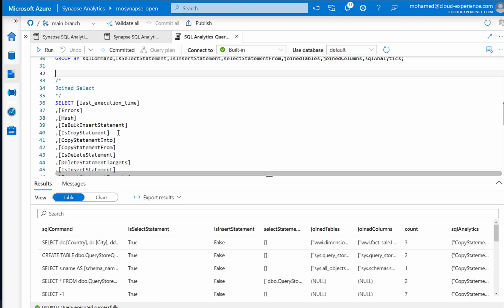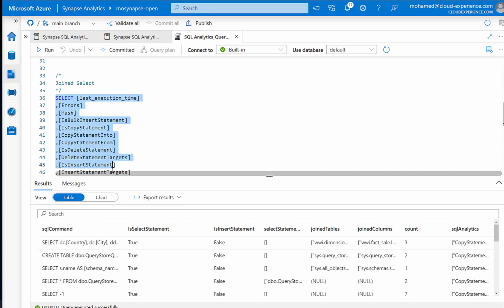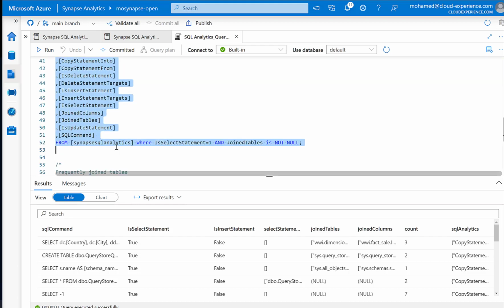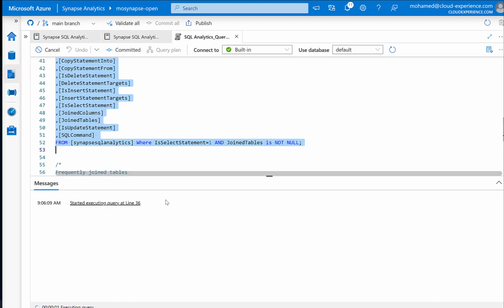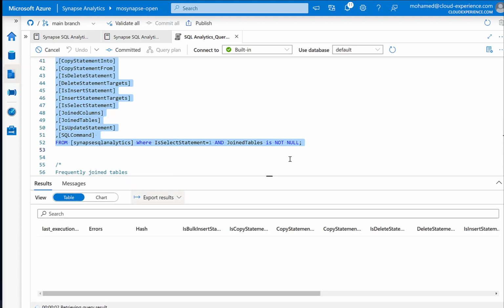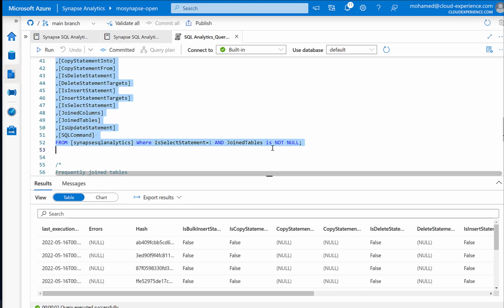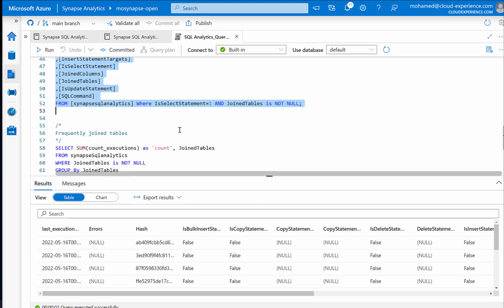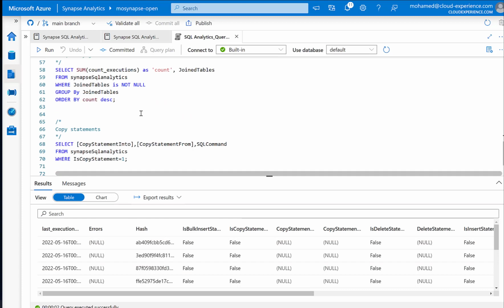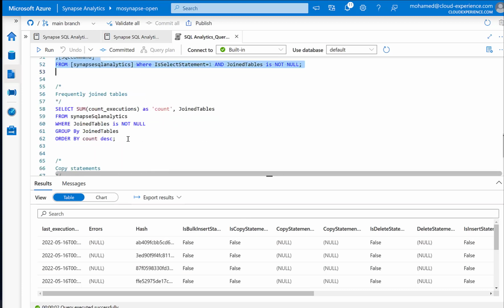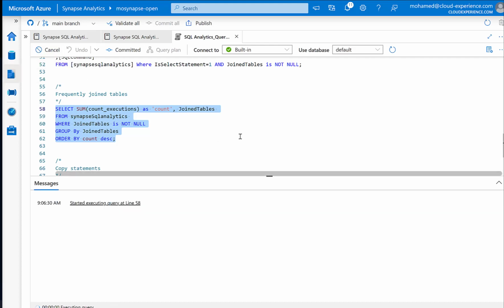Okay, how about I want to get information about the details of my select statements. I'm going to highlight the joins. I want to get only the statements that have joins, so I'm getting where the join table is not null. I'm getting the same information. Now I can group on this, and I can see the most frequent join tables together, because that will impact my decisions for the distributions as well, right? So when I run this,